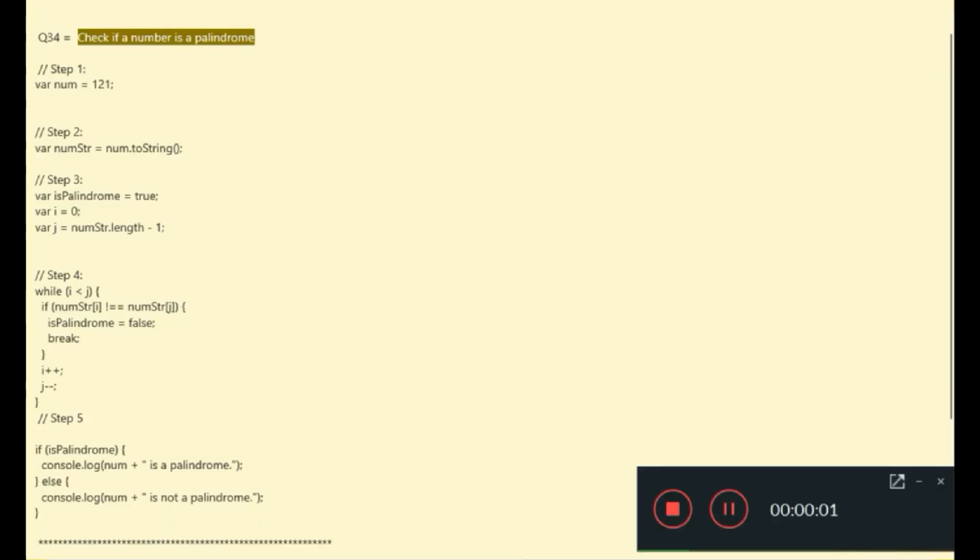So guys, this is question number 34, and I'm going to explain about this code. The question number 34 is check if a number is palindrome or not. So step 1 is all about, in this step you define the input number that you wanted to check